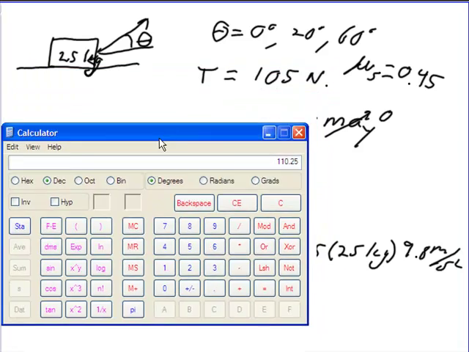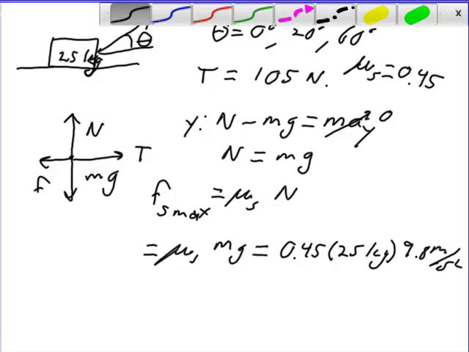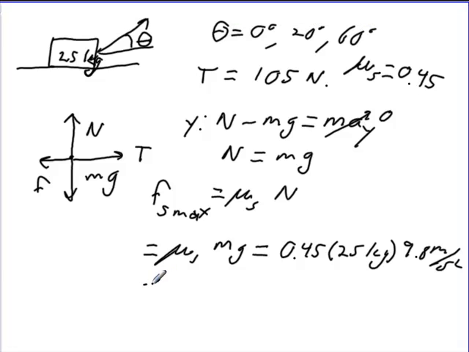So the maximum static friction is 110 newtons, whereas the force I'm pulling with is only 105 newtons. In other words, I am not pulling with enough force to overcome friction. So in this case, it is not going to move, and I can do